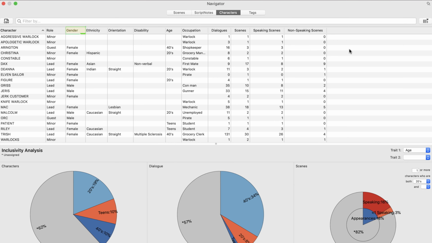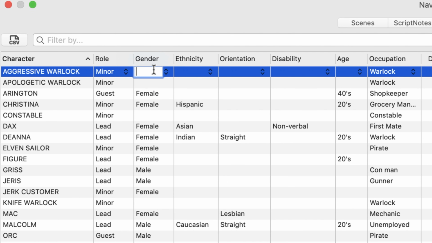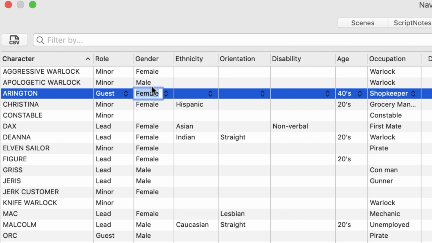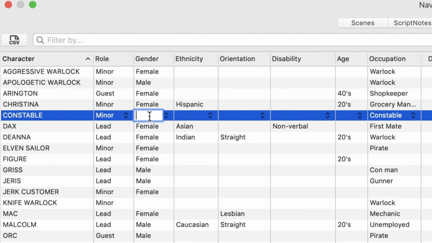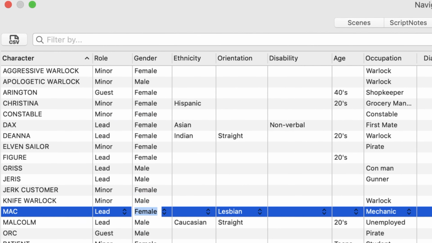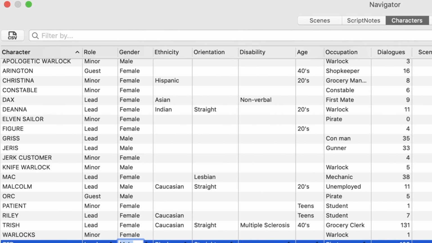We'll start with gender. In the gender column to the right of any character, type in the gender of that character. You can define the attributes any way you want, but be sure to be consistent to ensure accurate reporting. Once you've added an attribute type, you only need to type the beginning of the attribute. Final Draft will suggest the rest of the attribute. Simply hit Return to complete the word. Use this simple method to define the gender of each character you want to track.